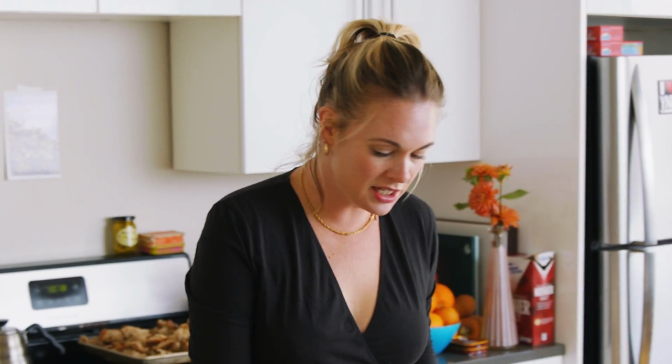I have not committed to galette or tart as the name for this, so just assume that I mean one if I end up calling it the other. Okay, so each tart